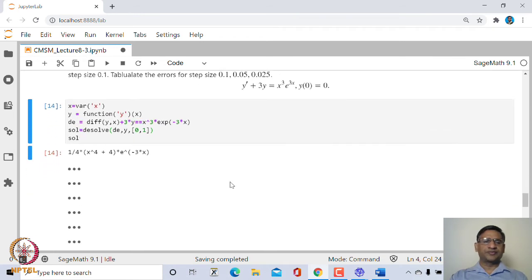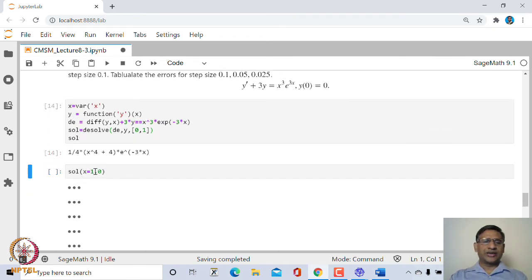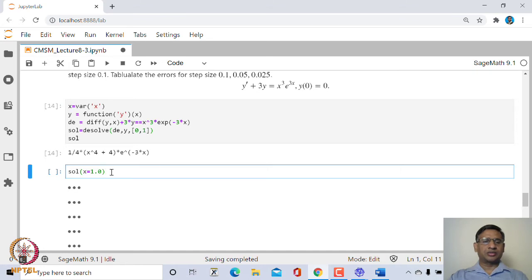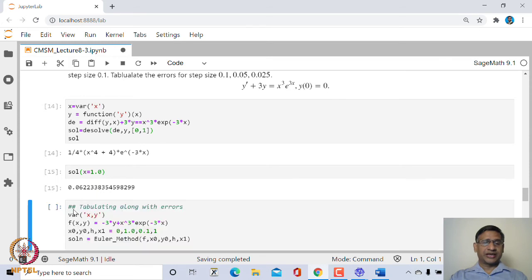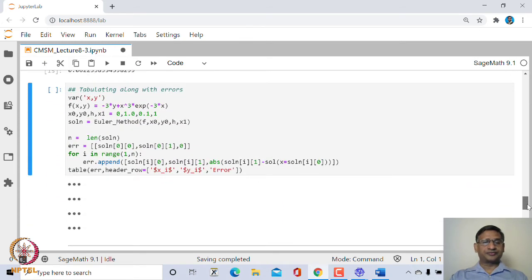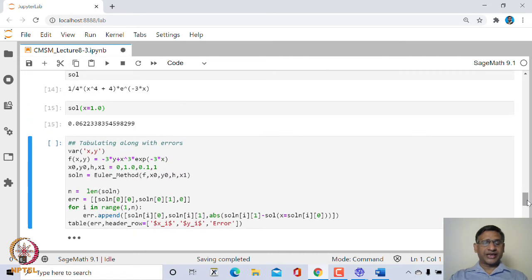That is the explicit solution, right. So you can evaluate this solution at 1.0, this is what you get, this is the explicit solution. Of course, the approximation of this will also be an approximate value, but in any case this will also involve some error, right. Now let us tabulate the value of xi, yi at each of these node points for